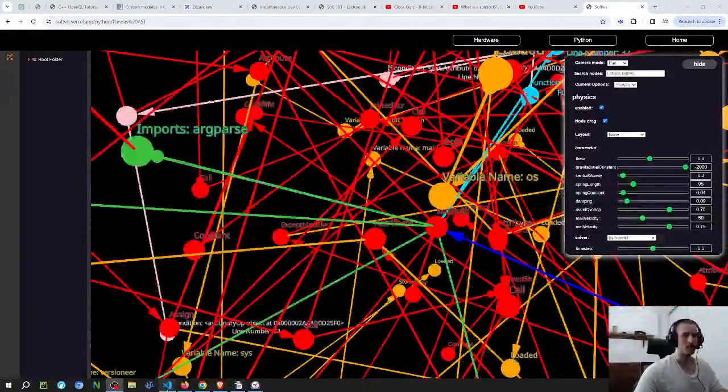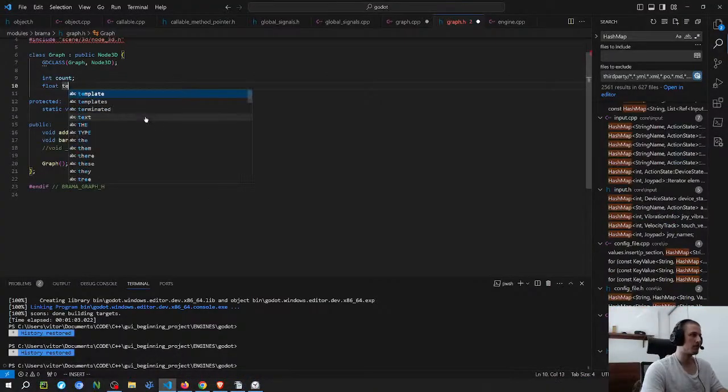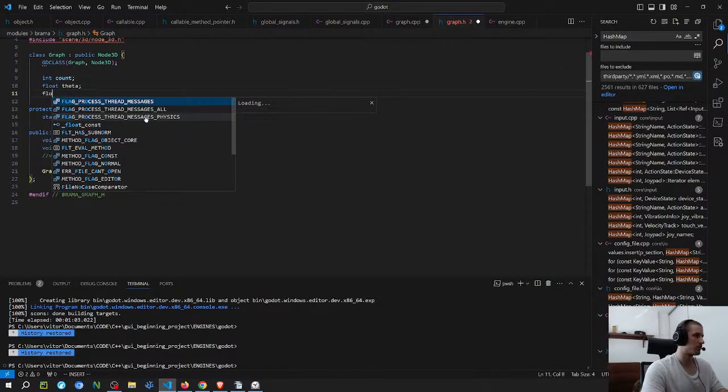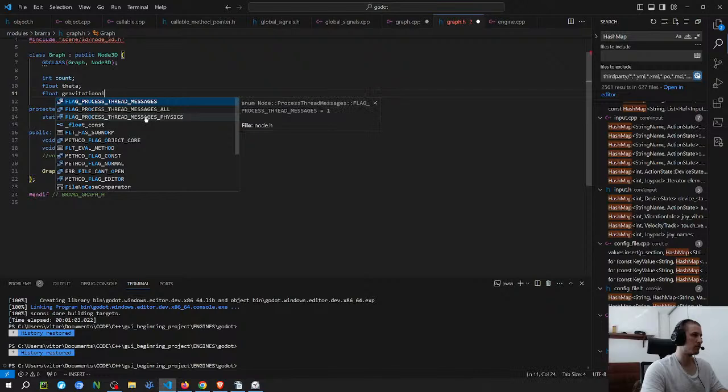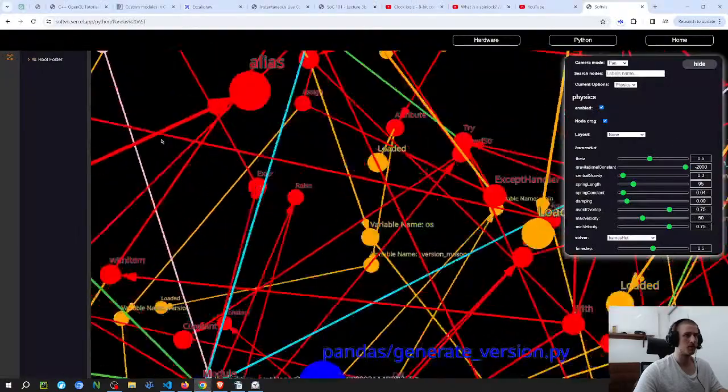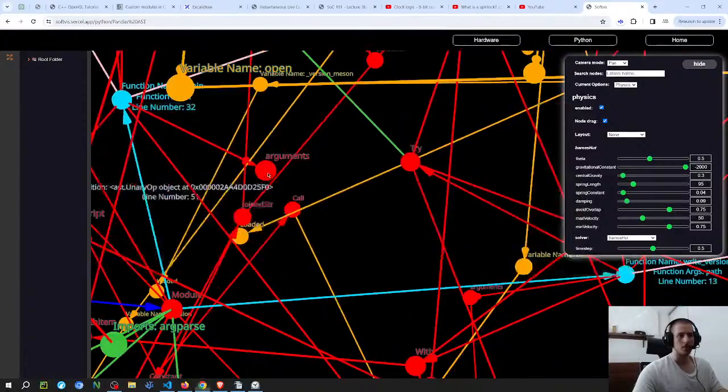It's going to be data. Additional constants.